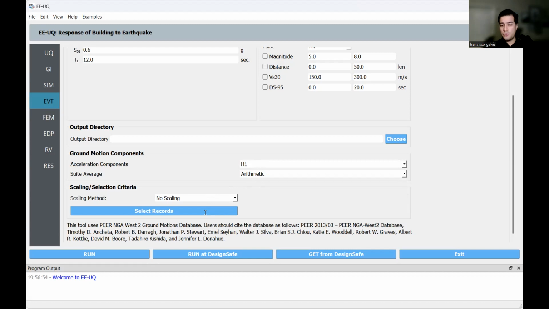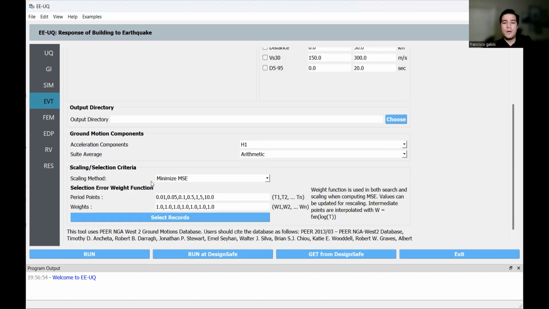Then we want to do ground motion scaling. So we want to minimize the mean square error between the ground motions that we select and the target that we have. And here we select the period range where we want to enforce that error function, right? In this case, the recommendation is that we select ground motions to fit between 0.2 and 1.5 times the period of the building. Our building has 1.12 seconds. So from 0.2 to 1.5, we're basically between